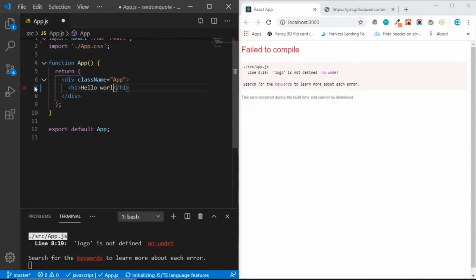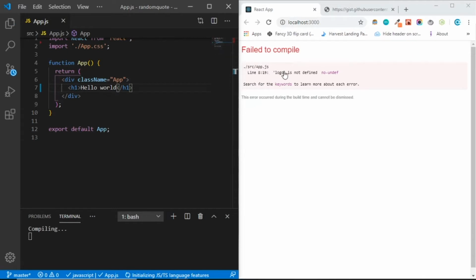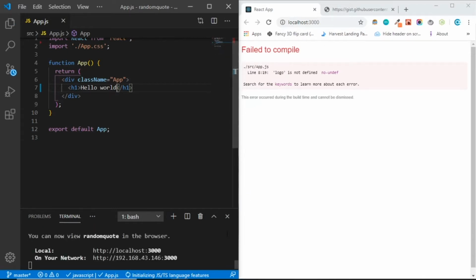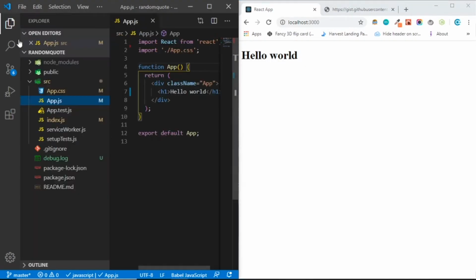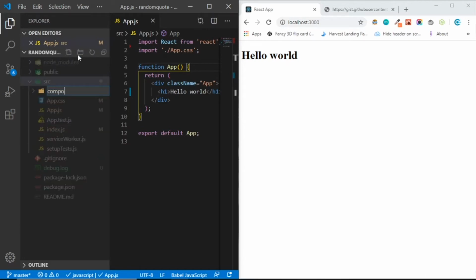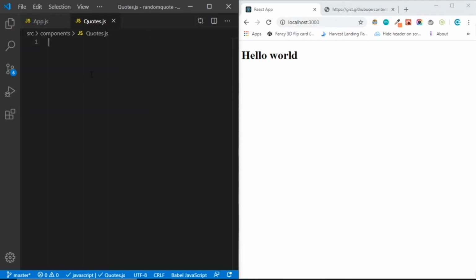What am I doing. All right, save, and now we should have hello world in the browser. All right, so we get hello world in here. So let's create another folder inside the source, which is components. Inside the components, let's create a quote.js, and let's create a functional component. So import React from React,